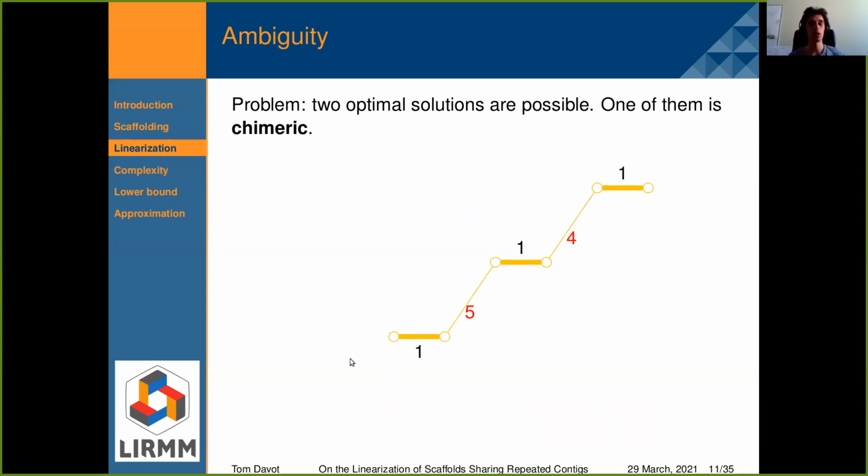And since these two alternating paths use exactly the same set of edges, the weight of the two solutions is exactly the same. And I can't choose one of them for a biological purpose, because one of them is chimeric, and that means that it does not exist in reality. So that's why we have to introduce a new problem called the linearization.